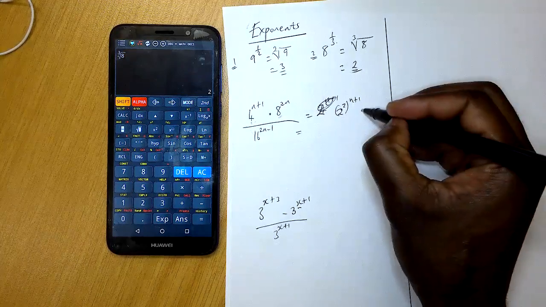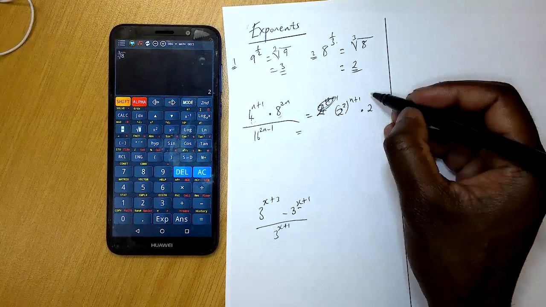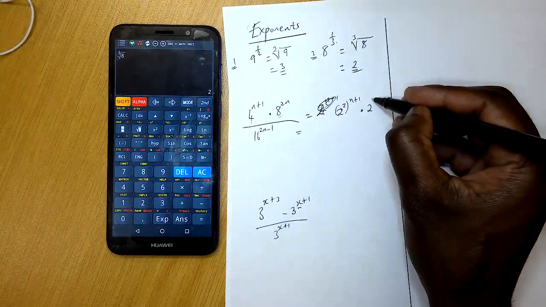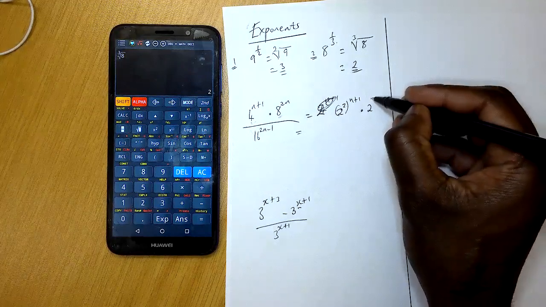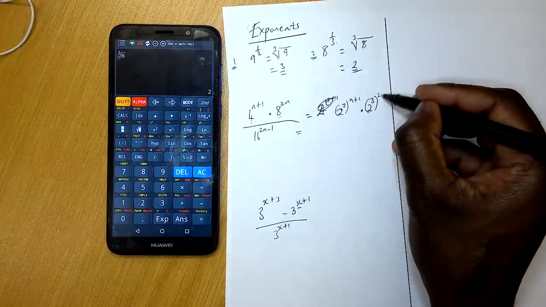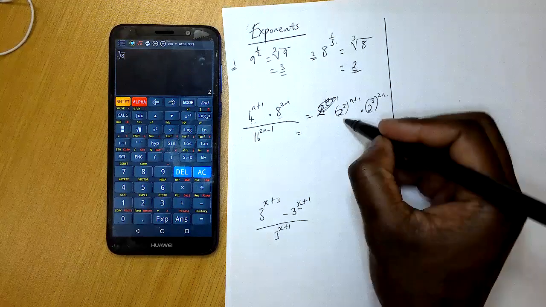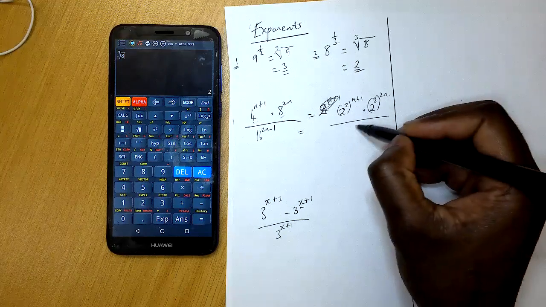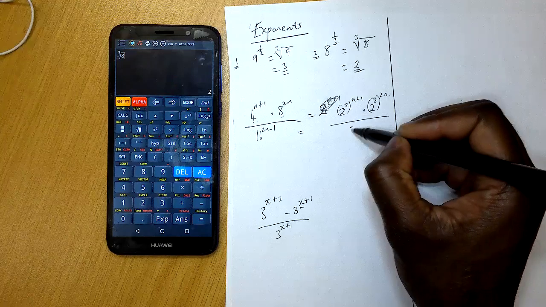Then times, to get 8, it's supposed to be 2 to the power of 3. So 2 to the power of 3, in bracket here, 2n, all over 16, is going to be equal to 2 to